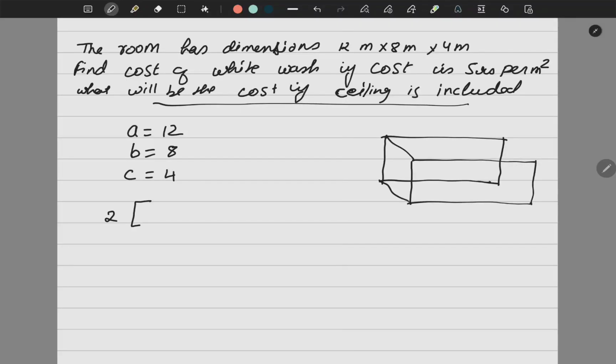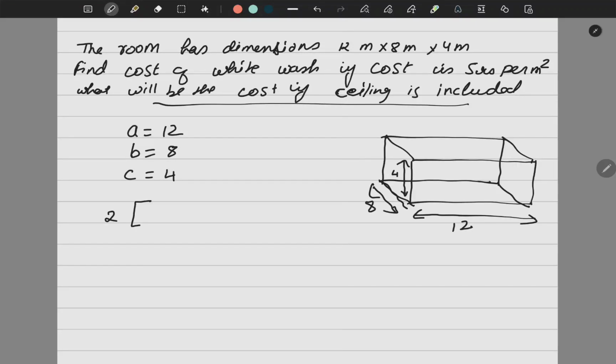Okay. So this is the room basically. Okay, and now they are telling me what is the length, what is the breadth and what is the height. Correct. So now when they are talking about the length, breadth and height, I need to understand how the diagram is working. Okay. So where is the height? This is the height. This is the height. Okay. This is breadth. And this is the length. So I have 12, okay, 8 and 4. Right?